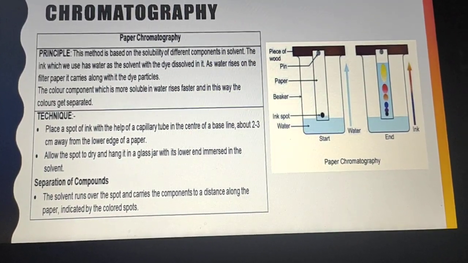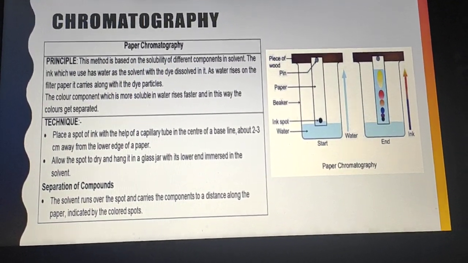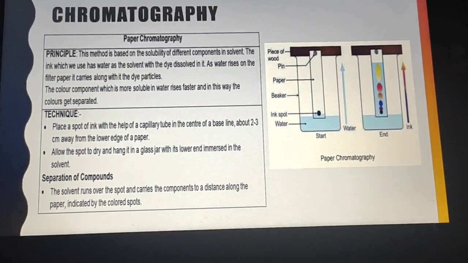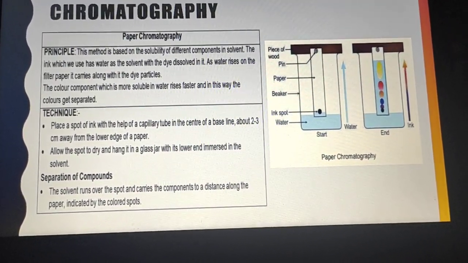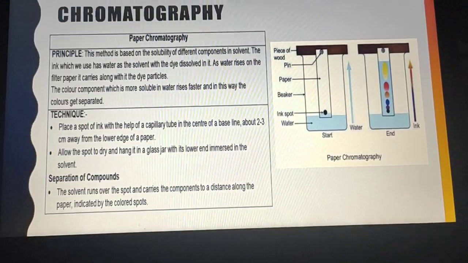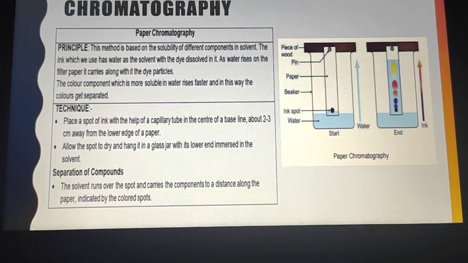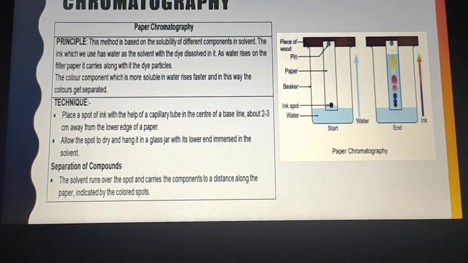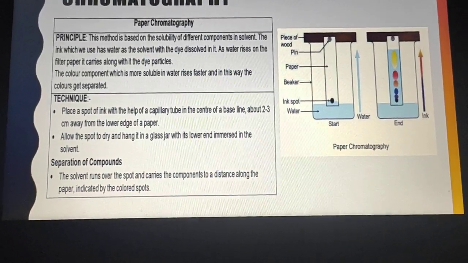In chromatography, we take a mixture of ink, or, as another good example, if you want to separate drugs from blood, then you take a drop of blood and use the particular solvent according to the condition required. When you dip the blood spot in the required solvent, the drop of blood separates into different components, like these spots. That means you can separate the drugs from the blood. This is one of the techniques we also use in hospitals and blood labs to test blood.